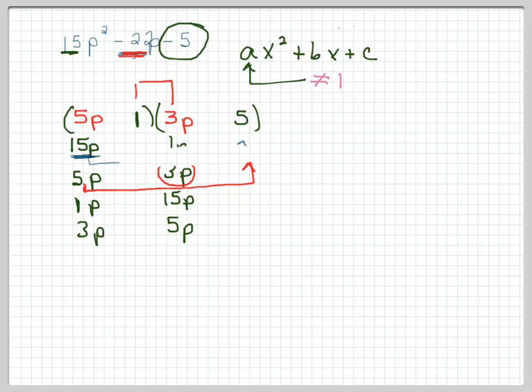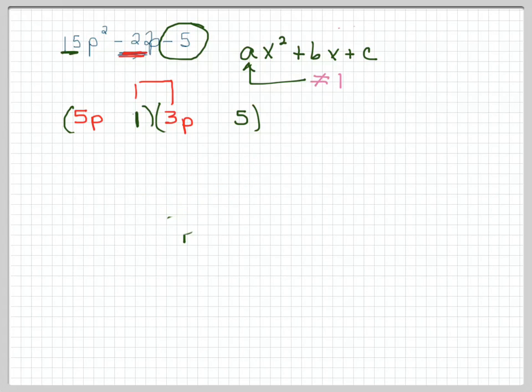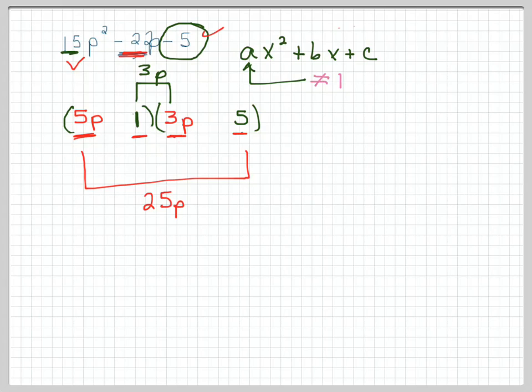I'm going to erase some of the stuff below here so we can see what's going on. Okay, now I'm going to go through and redistribute and multiply it out to see if this is giving me some numbers that work. My first terms, obviously, if I multiply those, 5p and 3p gives me the 15p squared. My last terms, the 1 and the 5, certainly multiply and give me a 5. This outside product now is 25p. The inside product is 3p. If the 25 is negative, by putting a negative sign in front of the 5, and the 3p is positive, by putting a plus in front of the 1, they add up to negative 22p,